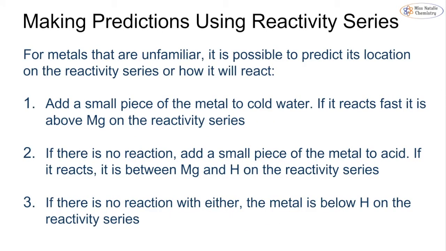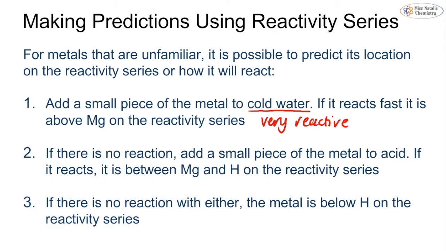So we can make predictions for metals that are unfamiliar to us in terms of the reactivity series. We can predict where it's going to be or how it's going to react, and we can do this using 3 steps. The first thing we would do is add a small piece of the metal to cold water. If it's going to react fast, that means it is a very reactive metal. So it's going to be above magnesium on the reactivity series,